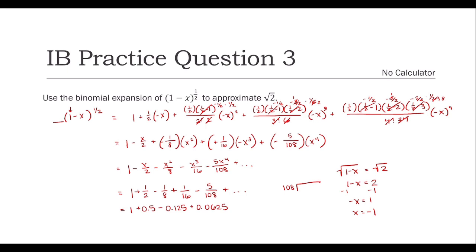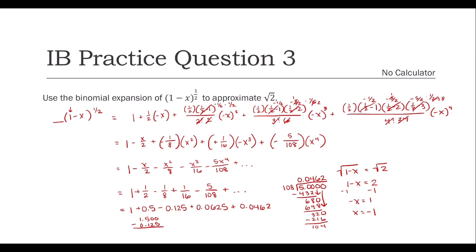So 108 divided by 5, we'd have to add some zeros here. 108 can't go into 5, it can't go into 50, it can go into 500 4 times. So we have 432, subtract that and get 68. Bring down a 0, and then it can go in 6 times. So that would be 648. 80 minus 48 is 32. Bring down a 0, and then it can go in twice, which would be 216, 104. And then those numbers would keep going on and on. So we'll have plus 0.0462. So 1 plus 0.5 is 1.5 minus 0.125